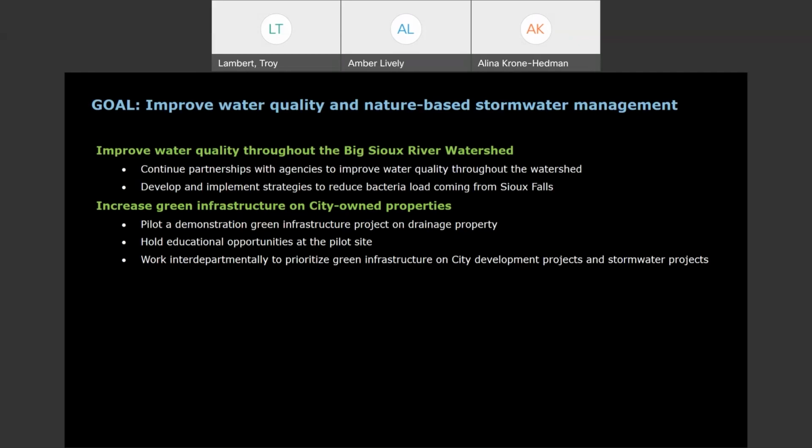It's using things like retention and detention ponds. Those have that natural component to them. And then rain gardens, green roofs. There's a whole smattering of approaches for green infrastructure that we want to be using more of, not only for stormwater management, but to bring about other benefits that we have.